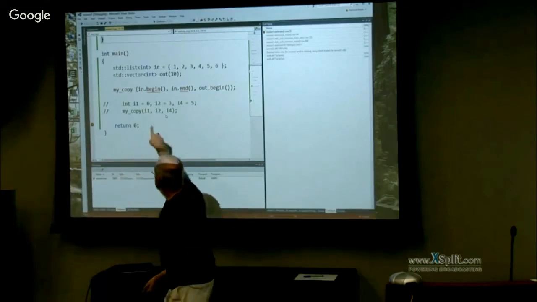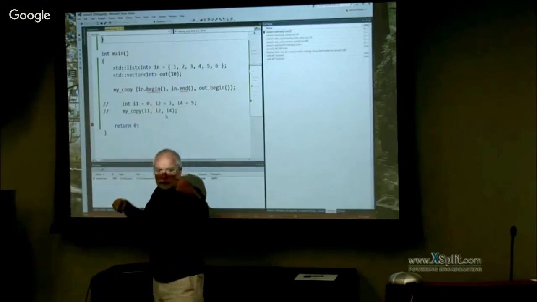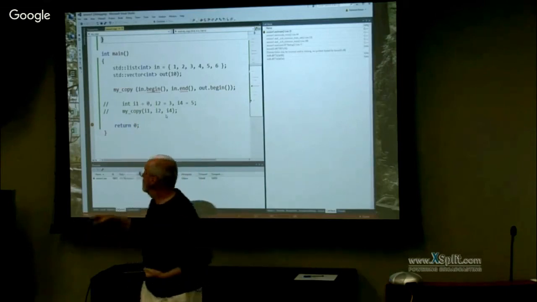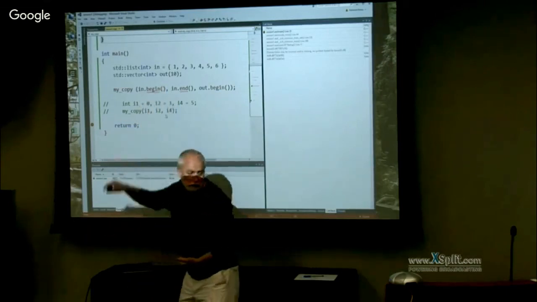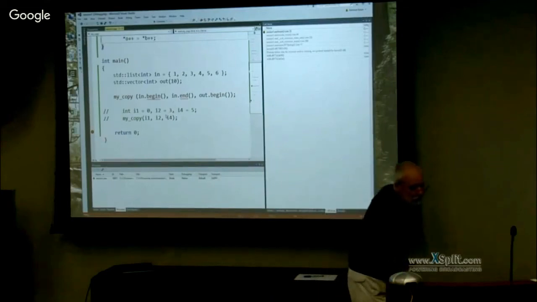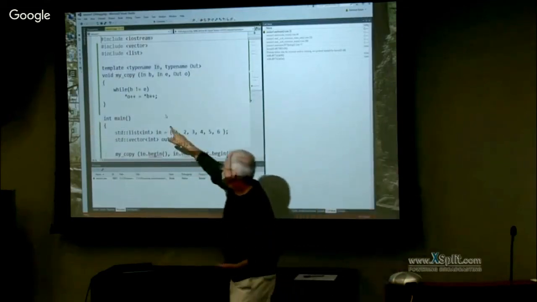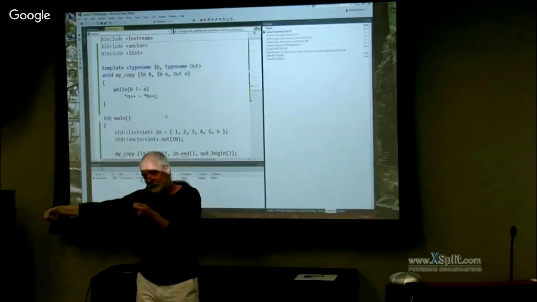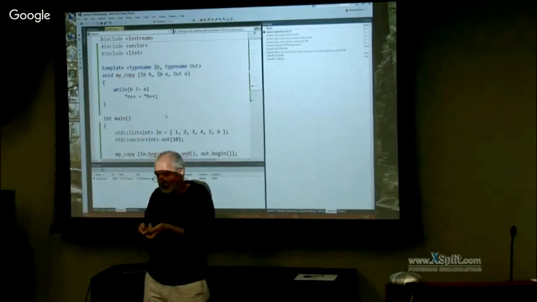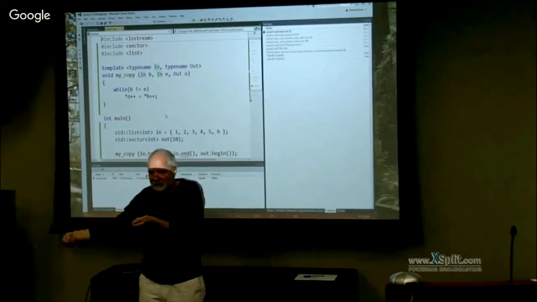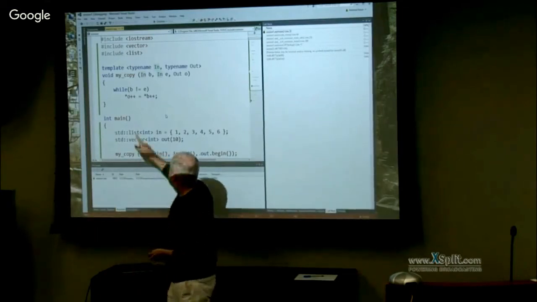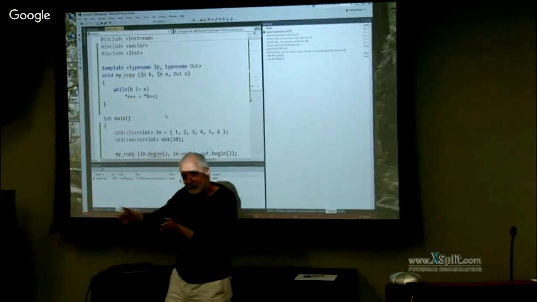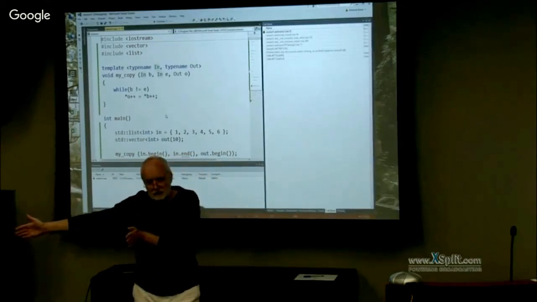And this begin gives me an iterator to the first node in memory. And the ++ operation I am seeing, which is in the copy over there, will move to the next node in the list, because the iterator I'm getting now is a list iterator. It knows how to navigate the list data structure. Whereas the output is the same: it's still a vector, it still places elements consecutively in memory.